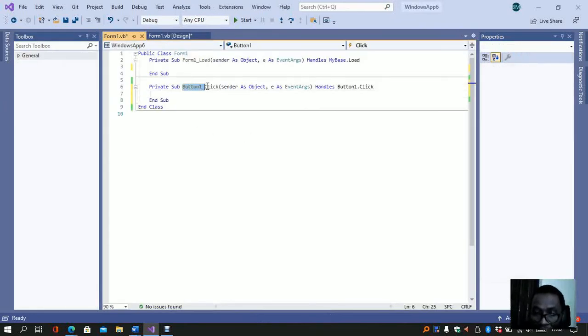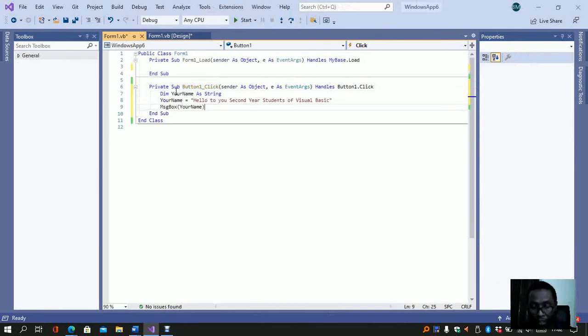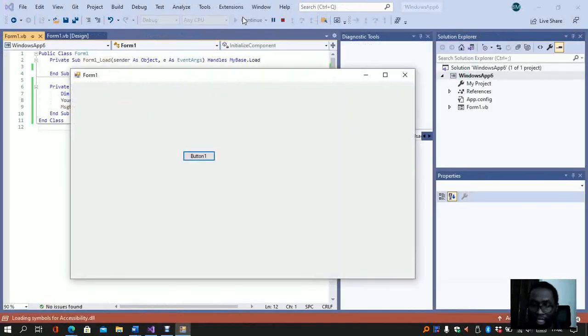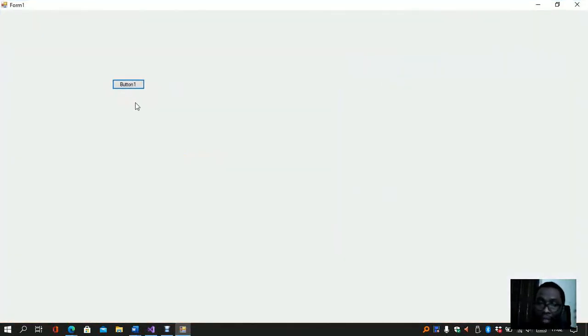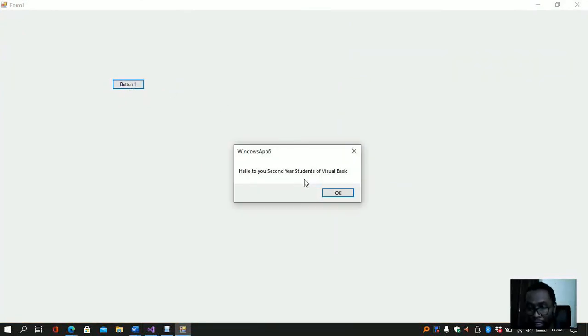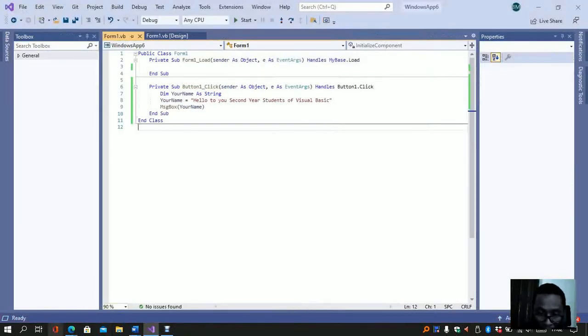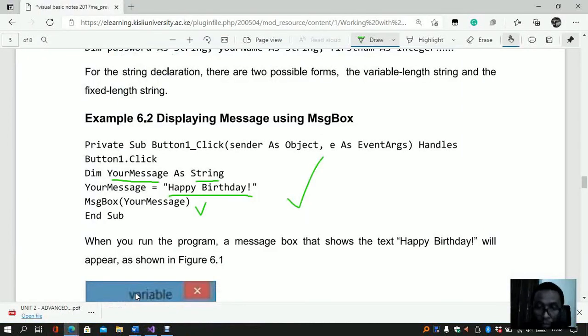Now you can see the button here. Click, and now I can paste this information right inside that button. So that means if I run this program, I've not changed the name of the button or done anything like that, but I know we all understand how to do that. If I click, notice the program, and now I click on the button here, we have this message coming right here. So that is how we can go around that. I was just trying to illustrate how we can use this keyword Dim to declare